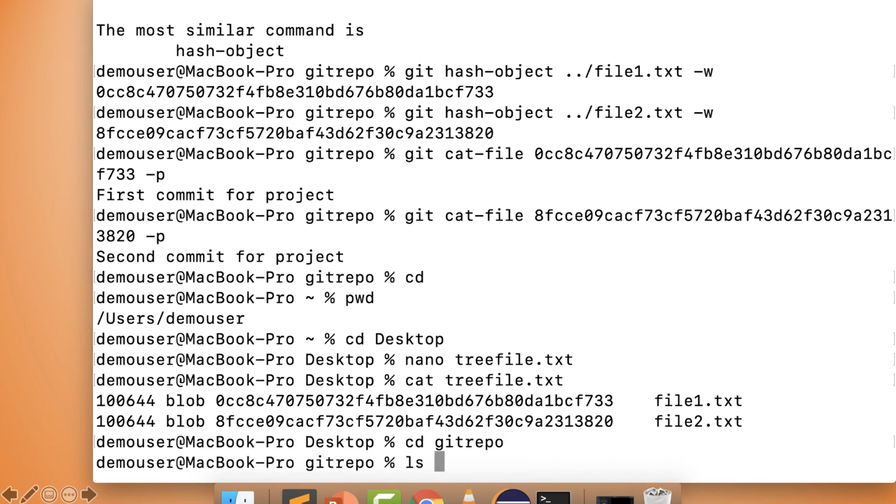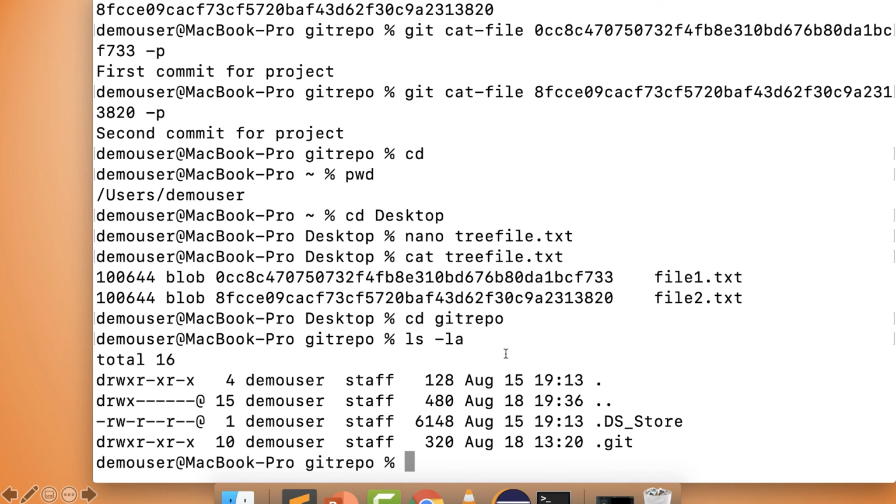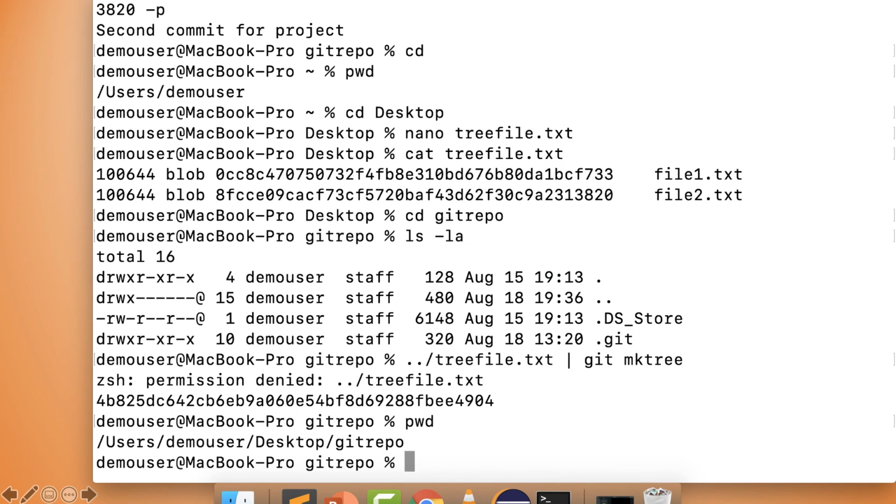So I am in my git repo, I'll just show you this. Yes, we are there. And now I will provide the path of my tree file that we used for entering the blob, that is this file. So we'll type cat followed by the name, that is tree file, and then git mktree.